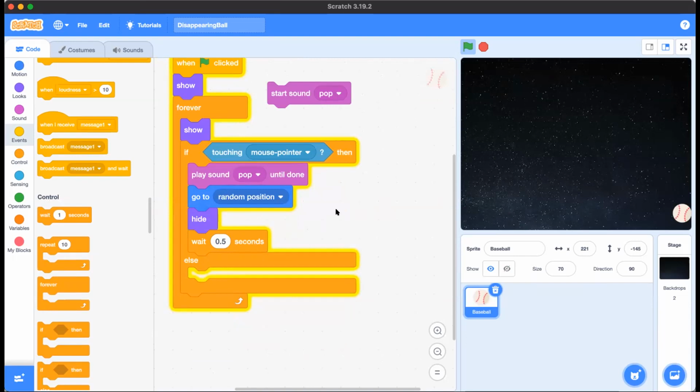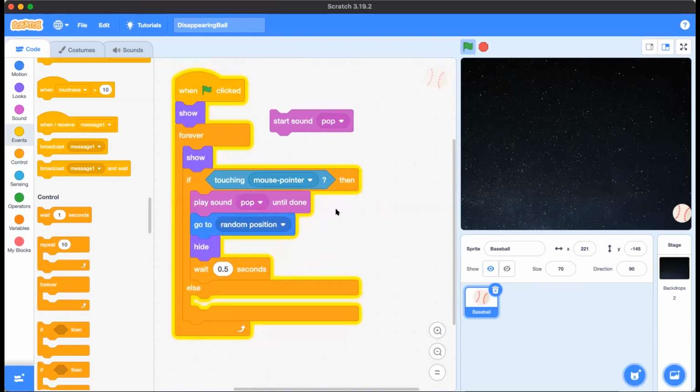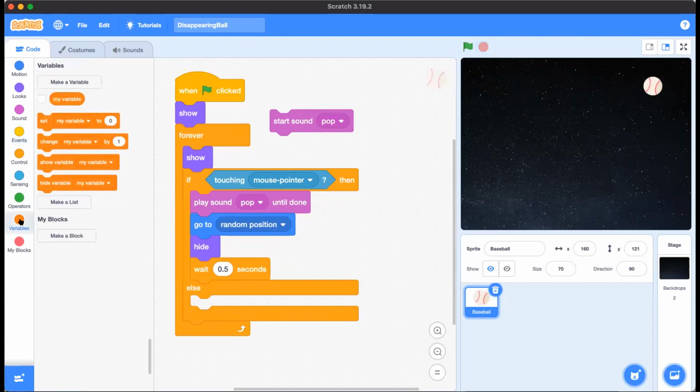But before we do that, we now want to have a variable. We want to keep a score. Whenever we touch the ball, we want to keep a score of how many times you have touched the ball. So to do that, we are going to have a variable. Now we go to variables, and as I explain, a variable becomes a